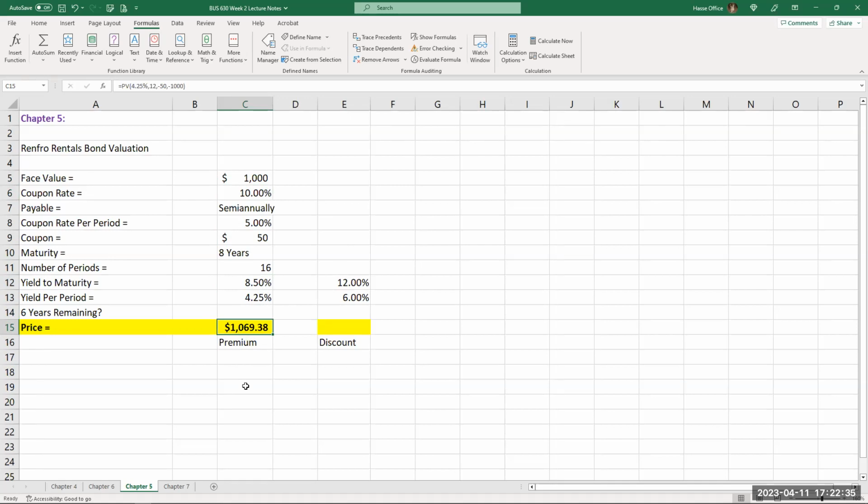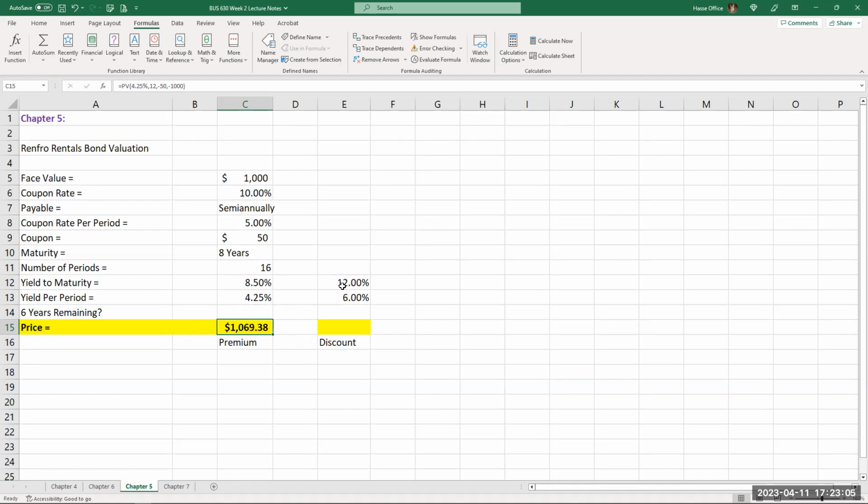If they would go to the market today, they would pay $1,000 for a bond, but they would only get $85 a year instead of $100 a year, 8.5%. So you have to pay a premium, because the market says if I'm buying a 10% bond, you have to pay a premium for it. Let's take a look at another example.